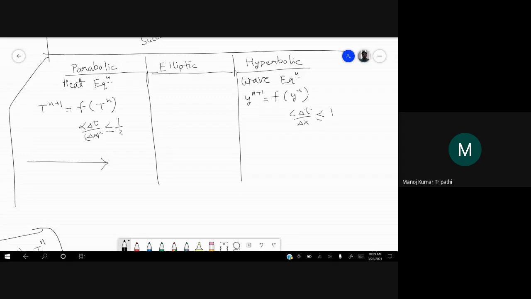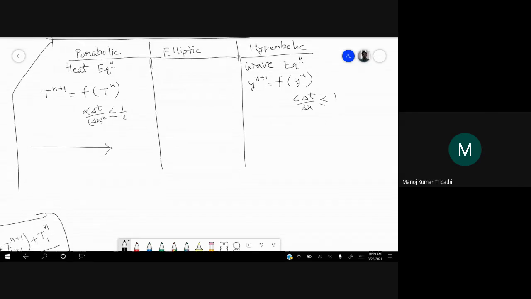But in elliptic equations, an example can be a two-dimensional steady state heat conduction, del square T equal to 0, let's say. This is steady state heat conduction. How do we get this?